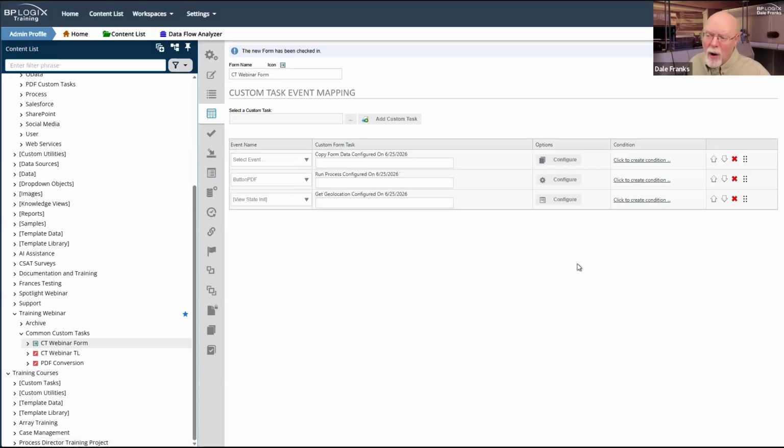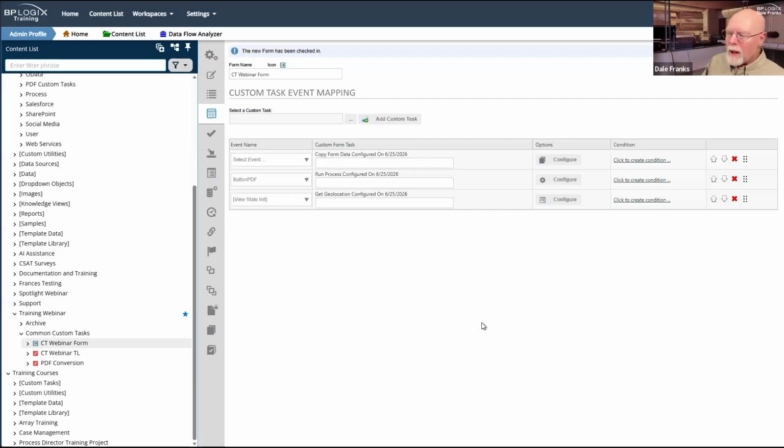Also, not only do I want the user to invoke it, do I want the user to see it happen? Like convert to PDF, something you don't want the user to see happen. So how you invoke it and when you invoke it is an important consideration for where it is that you want to place it. If you put it on the form, then the user is going to see it happen. There's always going to be at least some slight indication that custom task has occurred. Form fields are going to change. They're going to see a spinny if you're doing a convert to PDF, whatever it is. So you have to think about whether you want the user to see that.